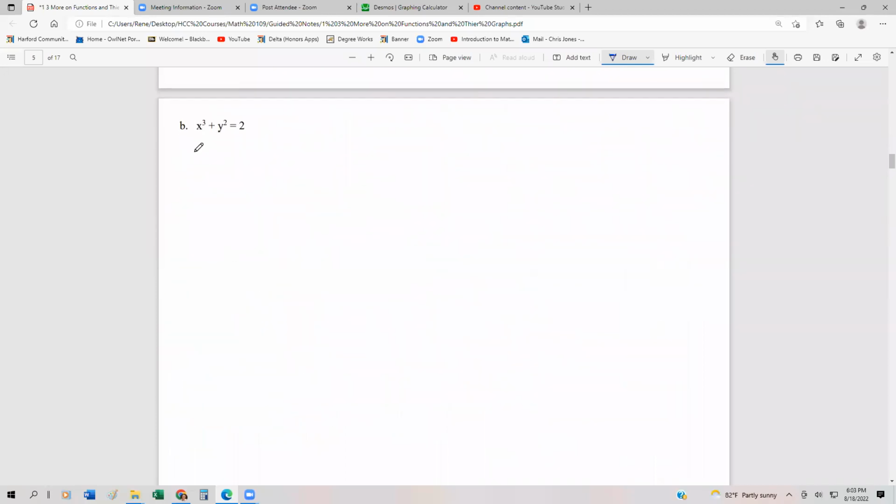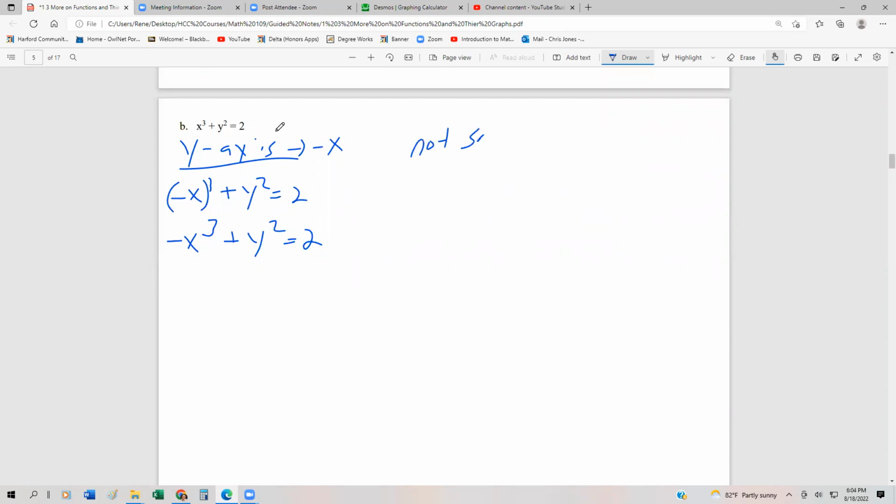So for a second example, we have x cubed plus y squared equals 2. To see if there's symmetry about the y-axis, remember we plug in negative x. That's going to be negative x cubed plus y squared equals 2. Now simplifying this, remember if it's to an odd power, we're not going to change the sign. It's going to stay where it is. So at this point, we're going to say that it's not the same, which implies it is not symmetric